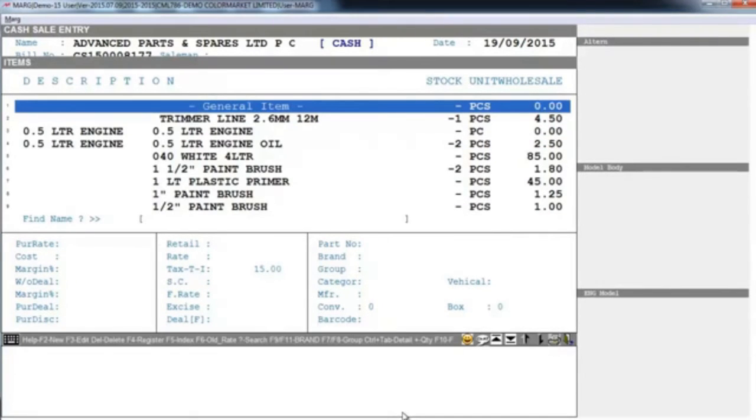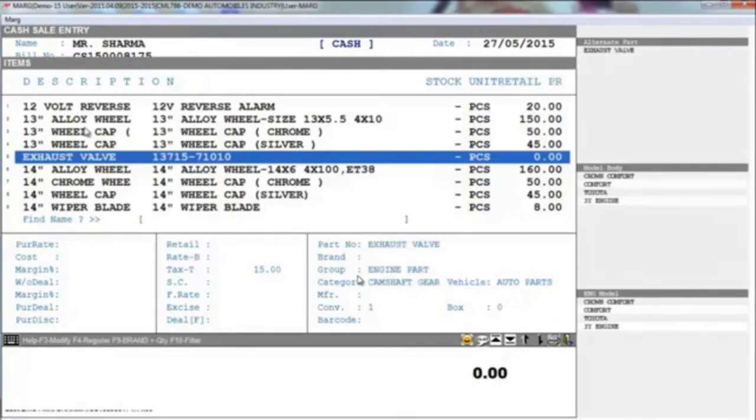So if we search for any product, like for example, we search exhaust valve. So here if you see at the right hand side, the software shows you its alternative. Like for example, if the customer demands for exhaust valve which is not available with you, so here itself you can find out the alternatives for exhaust valve. Like what's the alternative part for exhaust valve, model body, in which all model body can it be applied, and for which all model engine is it suitable. Some model body are available like Toyota, Comfort, so you can search for Toyota products. So in this way you can provide the best alternative to your customer.